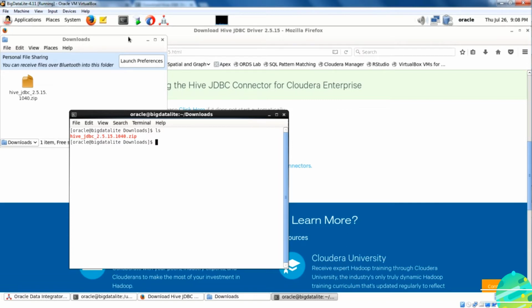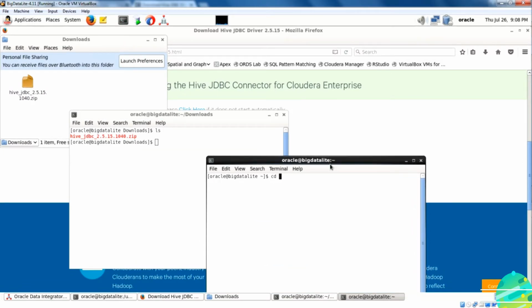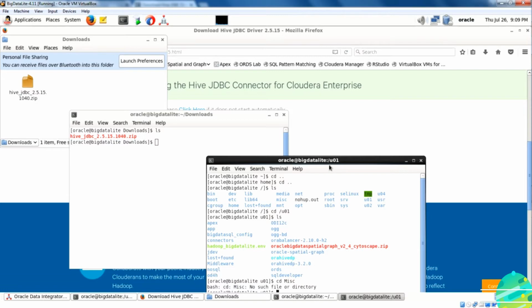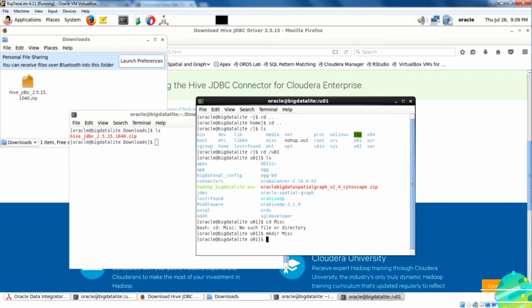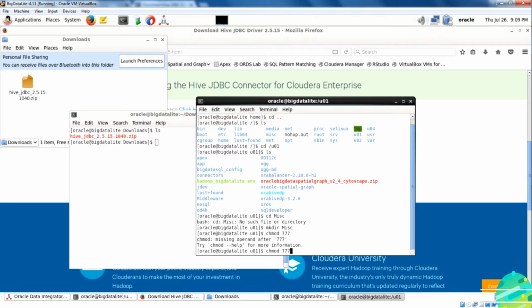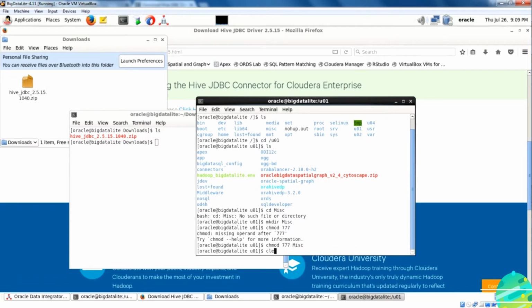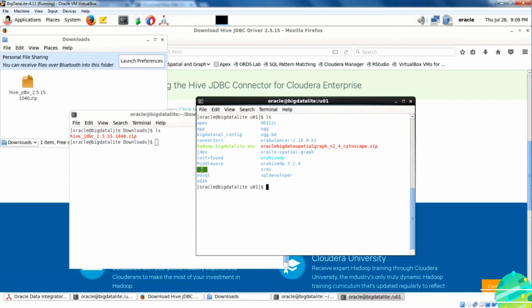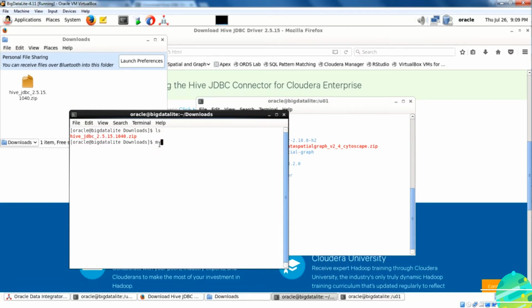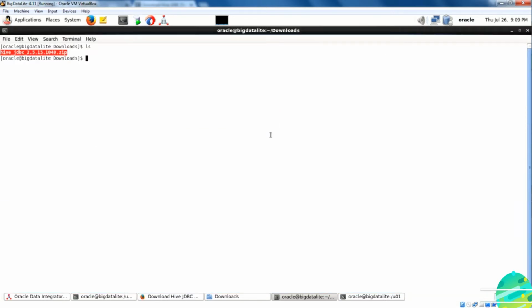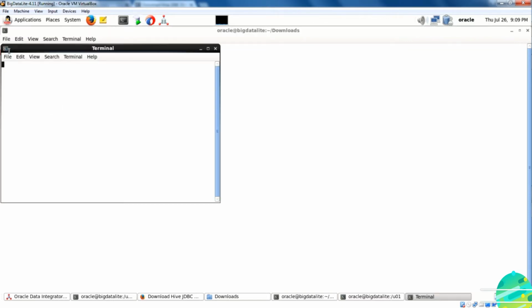So I create a miscellaneous folder under U01 and I move that zip file in that folder. That's where I keep all my miscellaneous downloads.